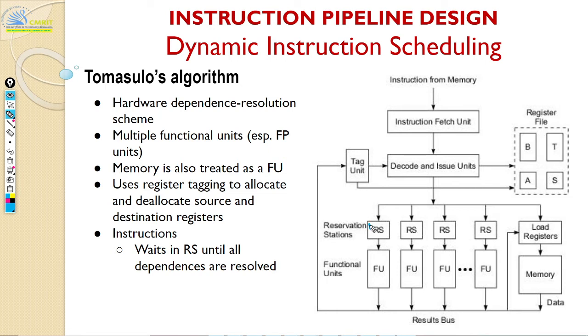So you have your add instruction with a particular source and destination register here. Once a particular functional unit releases the register, let us say this functional unit released that register, the tag unit will come to know of this. And that tag unit is going to get the information from the register file, and it's going to say, hey adder, your source registers are ready, so you can be issued and start executing. So that is how it is done. Everything is taken care of internally and dynamically.